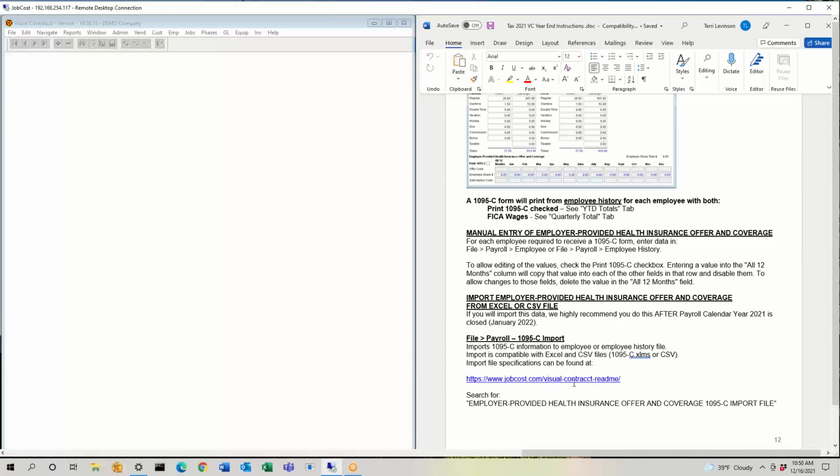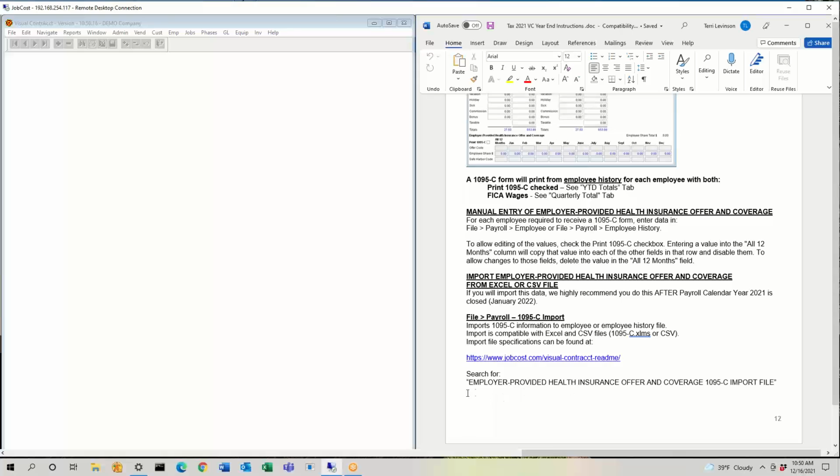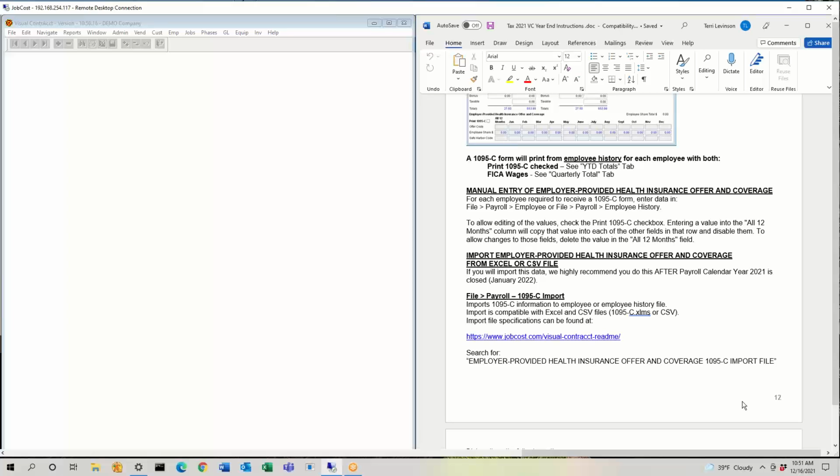It will take you to our README on our website, and you can search for the employee provided health insurance coverage. Search for this wording here, and it will take you to the section that will explain further how you need to do this. So if we follow that link,